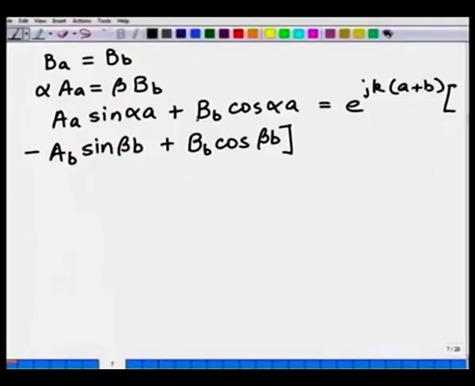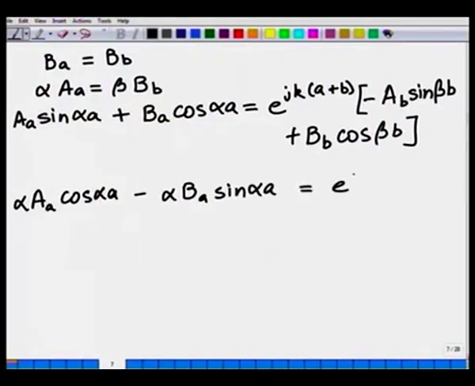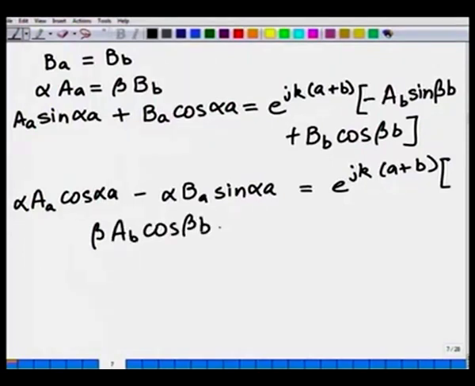Okay, so let us just correct this equation. There is an error here, this should be B of A here. So, that is the correction. All right. Okay, so this is the third equation. Fourth equation will be alpha A_A cos alpha A minus alpha B_A sin alpha A should be equal to e to power j k (A plus B) times beta A_B cos beta B plus beta B_B